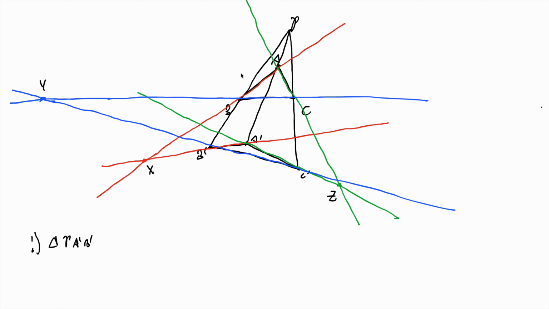So first of all we're looking at this triangle, and then we're going to look at the line x b prime. Yes, I think that's a reasonable choice. So what we have here is